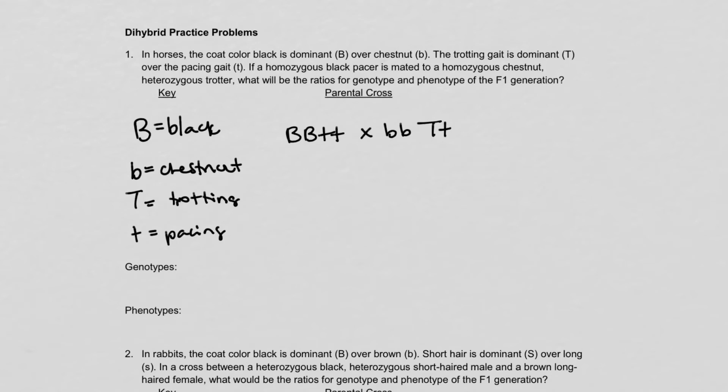So we've got to look at the gametes here. All the gametes for this one are going to be big B, little t. That's the only possible combination. And these are going to be 50% this and 50% this, because you're going to get the same either time from here. So now if we make our big square,